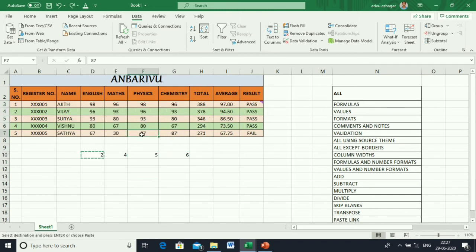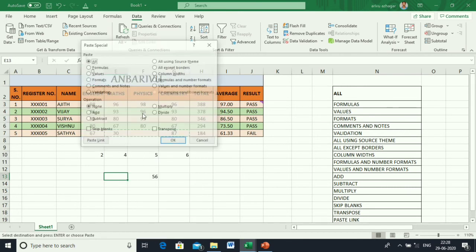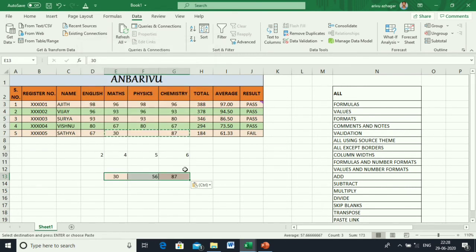Next, skip blank. Copy the values in between the blank. Wait, now entering the 56. Now copy the blank in between the cell. Go to Paste Special. Select skip blanks. Before 56, I am entering the blank, it will be skipped. Now again copying the value and paste somewhere. The blank has been